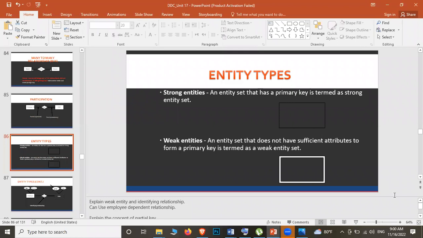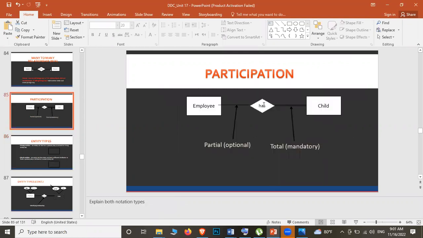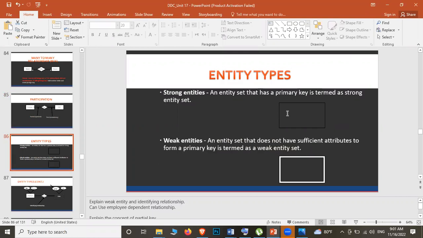A strong entity is drawn like this. Even when you open eDraw, you will be able to see all these things. There are double lines, single lines, and borders like this. All these will be there. So first of all you have to understand which kind of environment we can use for this kind of entity or that kind of entity. A strong entity will definitely have a primary key.